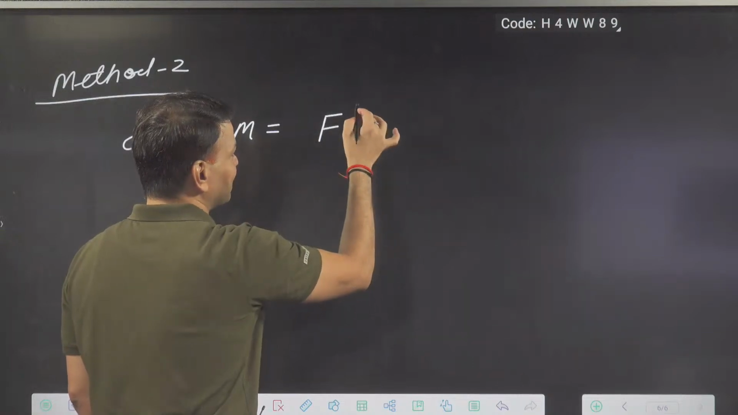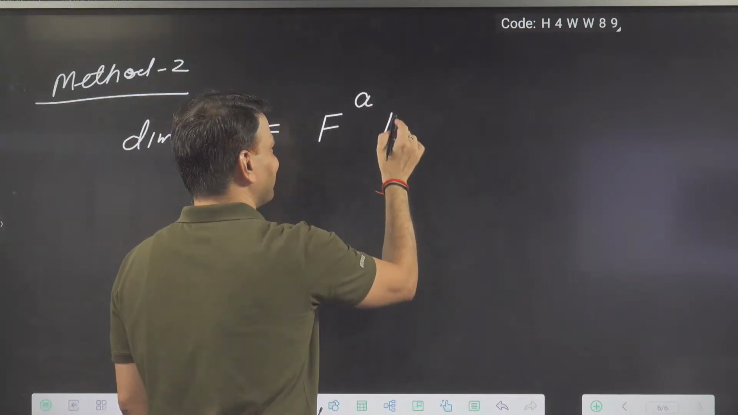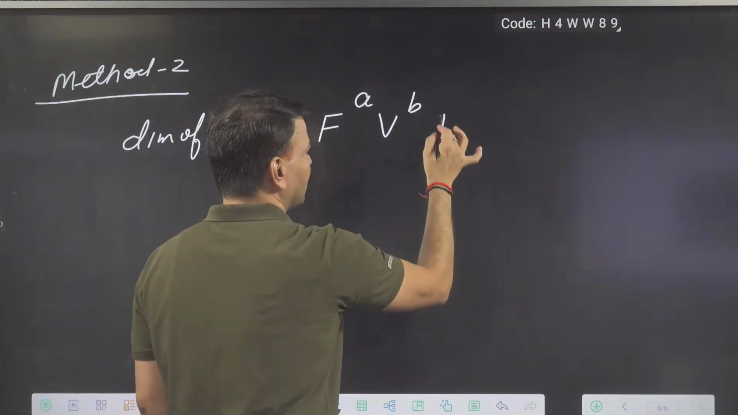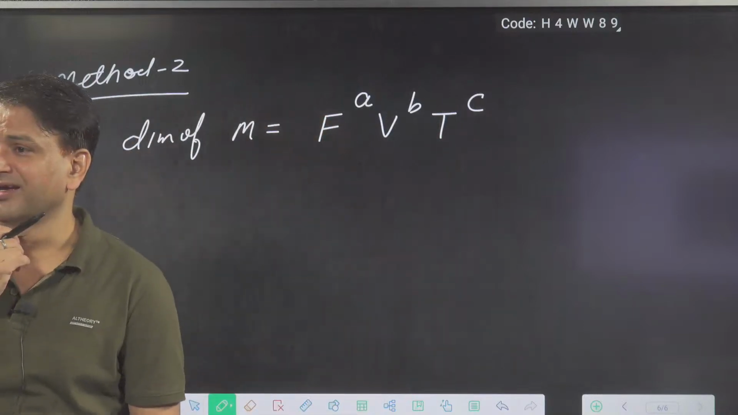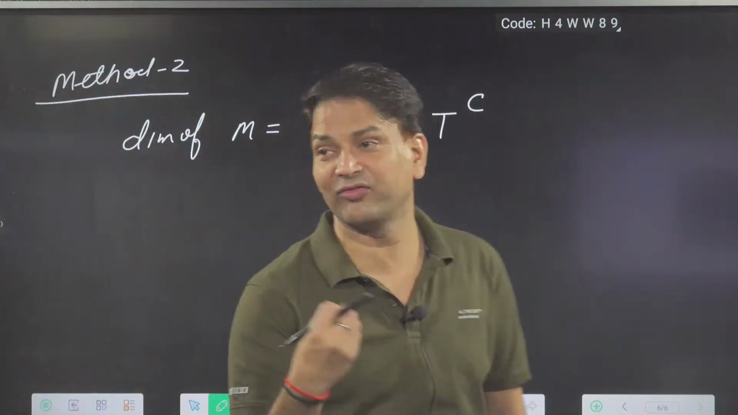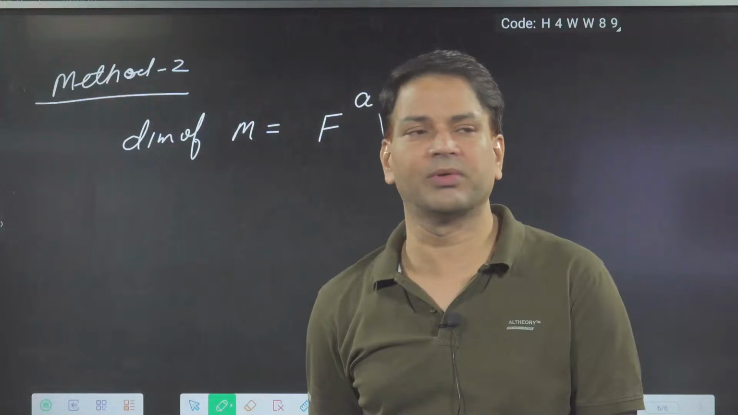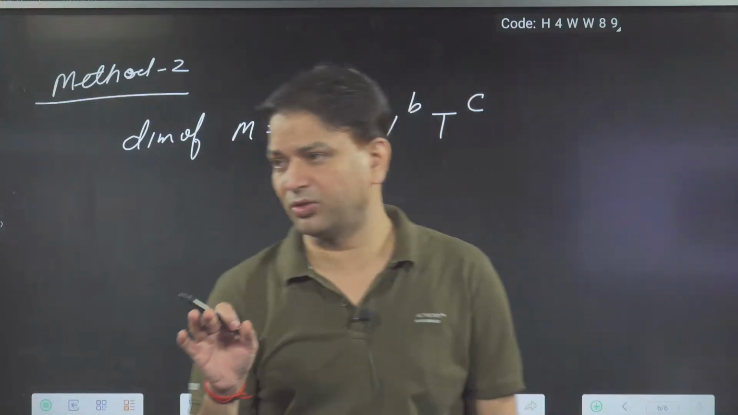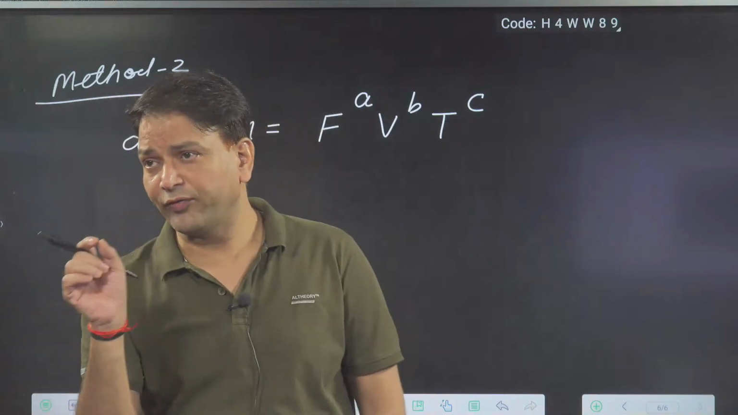F to the power A, V to the power B, and T to the power C. Why am I taking this? Because I don't know what the force power is, what the velocity power is, what the time power is. So I took the variables: F to the power A, V to the power B, and T to the power C. Everybody getting it or not? If I get the value of A, B, and C,